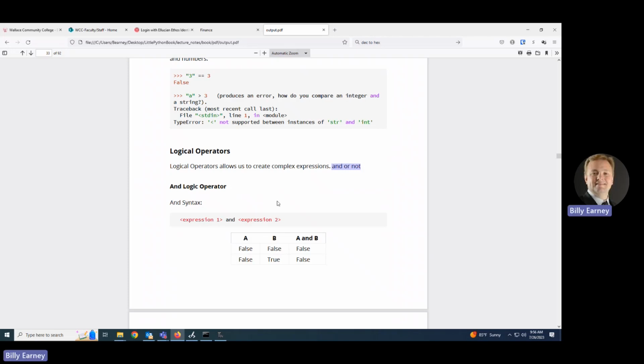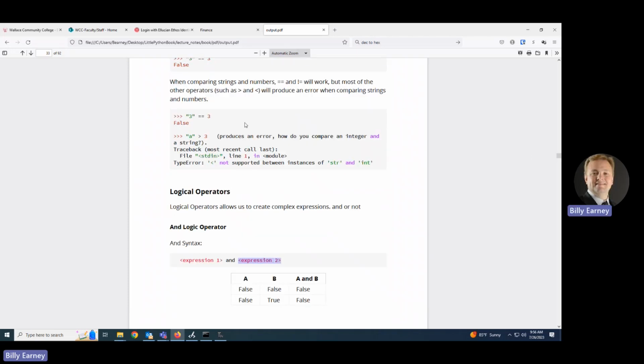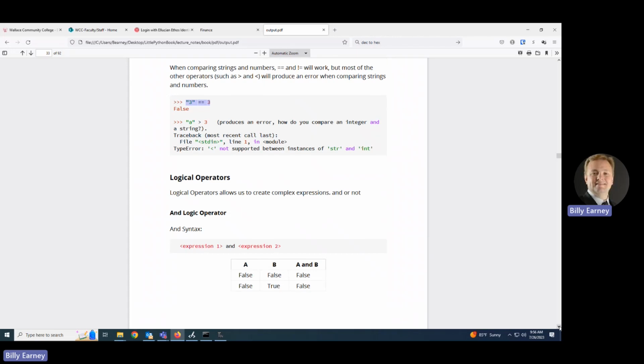So the and operator: we have a certain expression, and then we can say "and" and then another expression. So we can have several different expressions added on to each other. And remember, what is an expression? It's anything like what we have here that evaluates to true or false. So any of these examples that we've seen before is an expression. And so we can